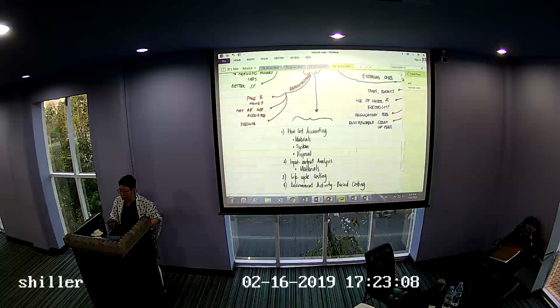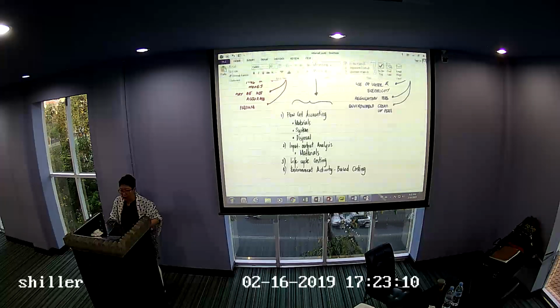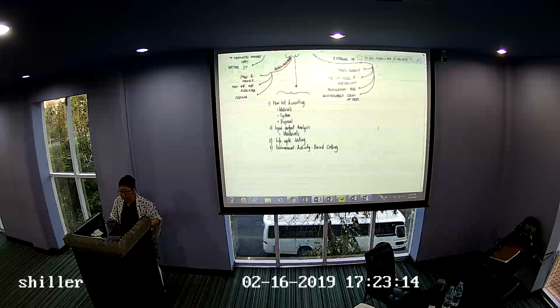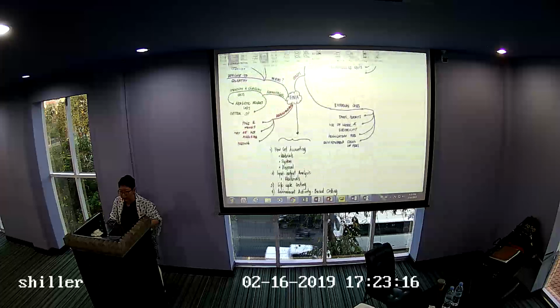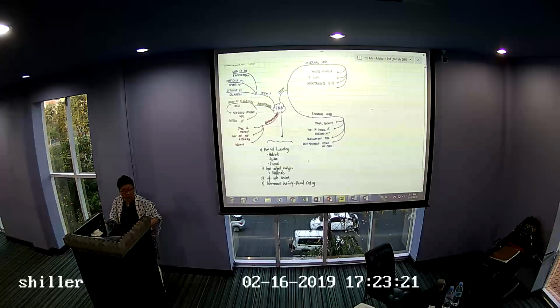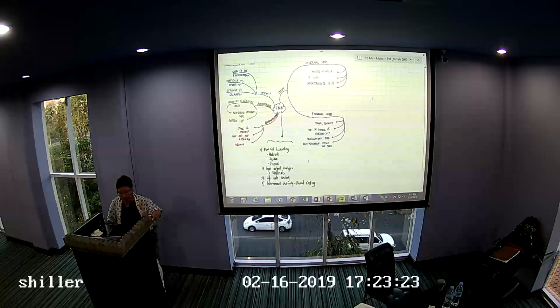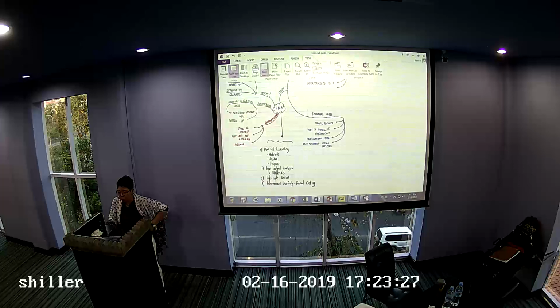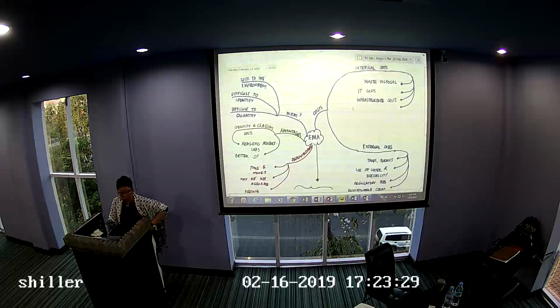Okay? Good. So this is our mind map. A little bit of review. You don't need to go deeper because these are the basic things that we need to talk about under environmental management accounting. All right? So hopefully, again, I will send this to you through the Google Classroom. All right, guys? Okay? Now, let's talk about